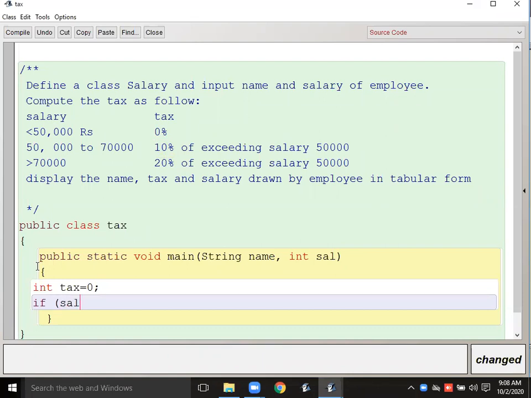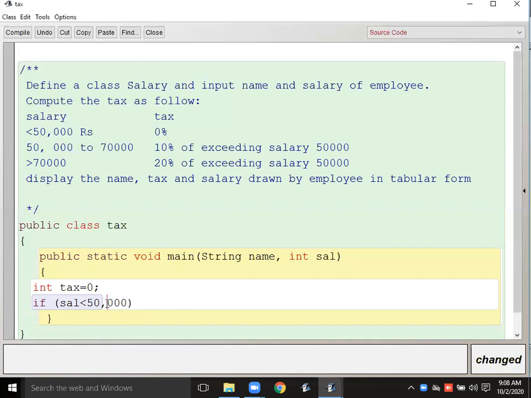sal less than 50,000. Yes, first mistake. What you people are doing? 50 comma, because it is mentioned here, no? Then you are writing sal less than 50 comma. No, in any literal, in the starting lessons we have done that. Lesson number 1, 2 and 3 and the literals cannot have these type of the symbol. In integer literal only the 0 to 9 digits. Okay, so see that. So if you are making like that according to the question, then it is wrong.